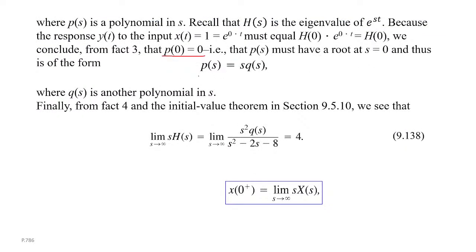And yeah, so P is a polynomial that equals 0 at 0, then you think about P in terms of all the roots. P must have a root at 0, so then P of S equals S times Q of S. Another way to say this: if you think about it as a polynomial, write all the terms with different powers. It must not have a constant term, right? Because P of 0 equals the constant term, which is 0, then everything has at least one factor of S. Does that answer the question?